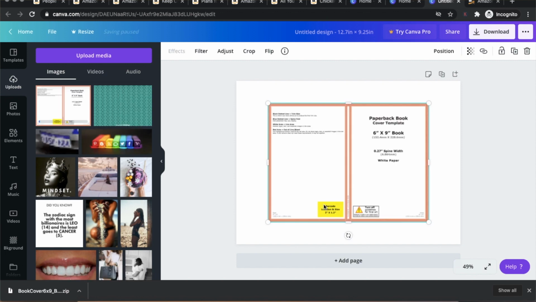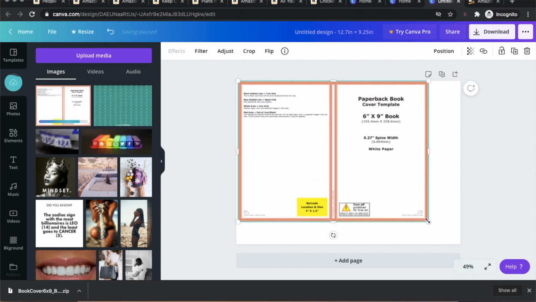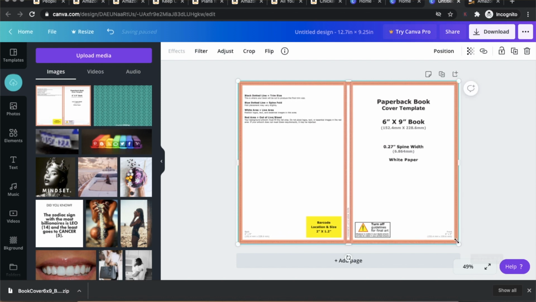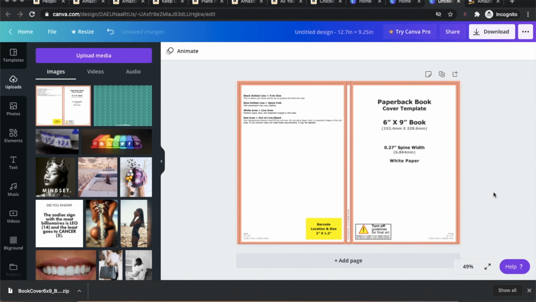And so then we just spread this out so you can see where your margins are, where the cutoff is for the bleed and things like that. So if you're going to have text on your cover, make sure it doesn't go into this orangey color here. You want everything to be on this white